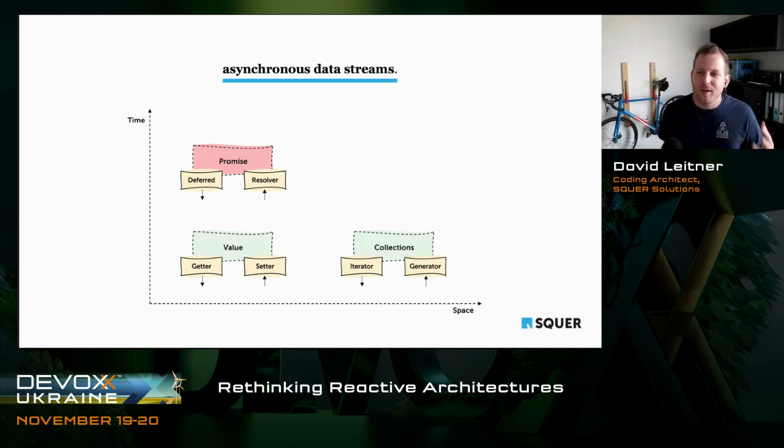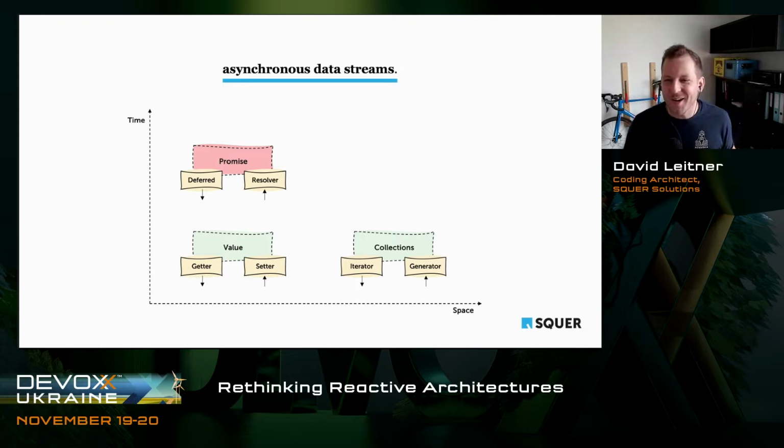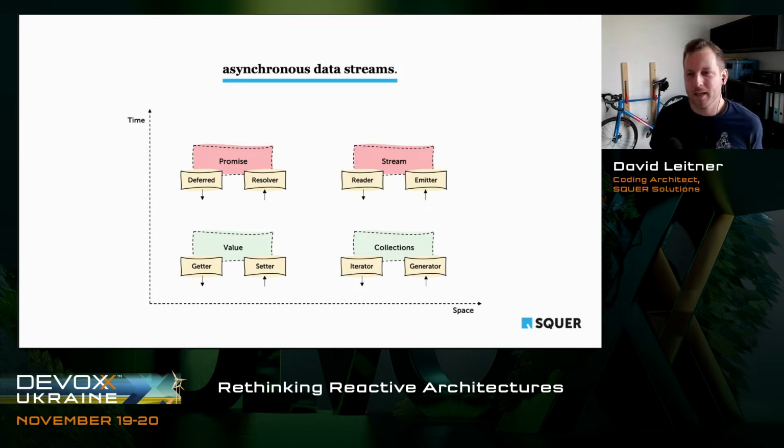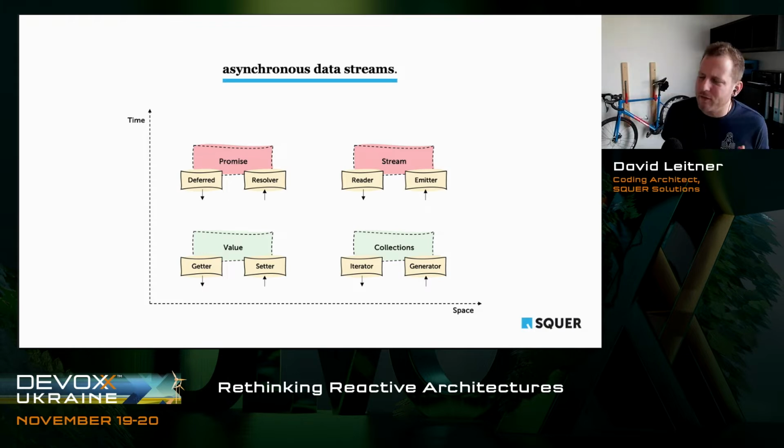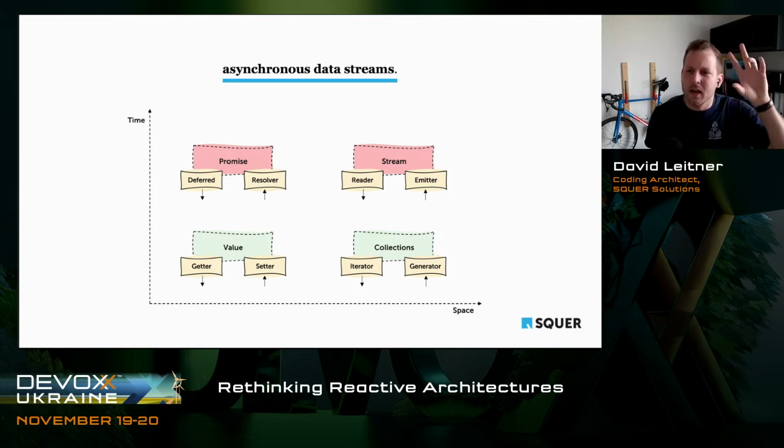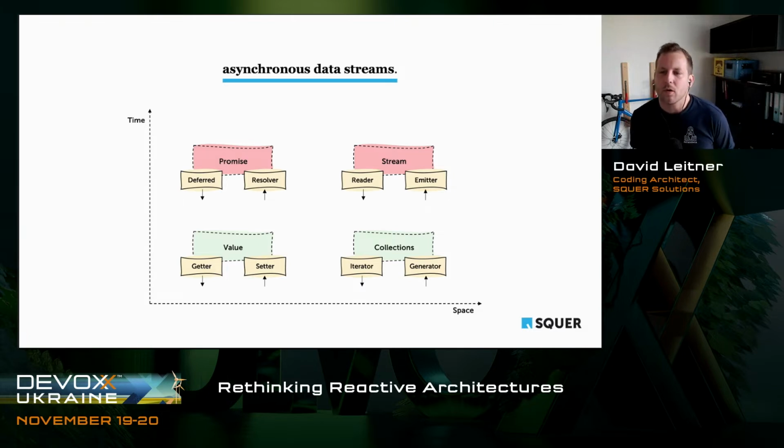And now usually if I have an audience, I ask them, okay, and what is now on the right-hand side on top, right? So plural space and asynchronous time, right? Well, that's basically a stream, right? And the thing is, streams are still so unfamiliar to many people because most programming languages don't have them out of the box. More languages start to adopt them, and we see streams becoming a first-class citizen, so to say, in many programming languages.